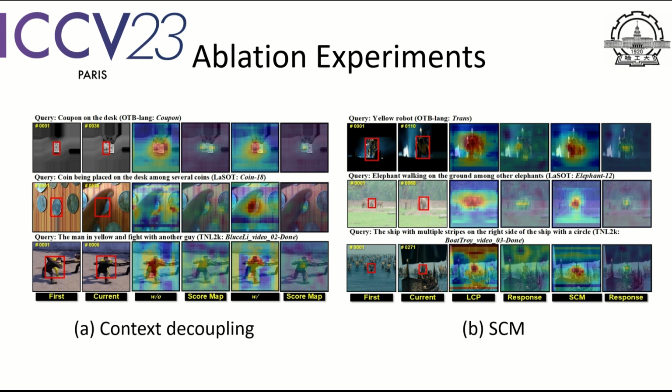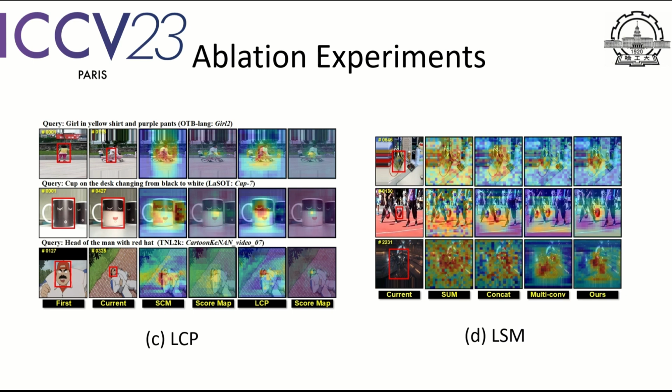changes dynamically. This page shows the qualitative analysis of LCP and LSM. As shown in the left figure, the superiority of the LCP branch is that when the target has a large displacement or reappears after being occluded, the model can accurately locate the target. As depicted in the right figure, models capitalizing on the LSM module achieve better accuracy, which demonstrates the advantage of